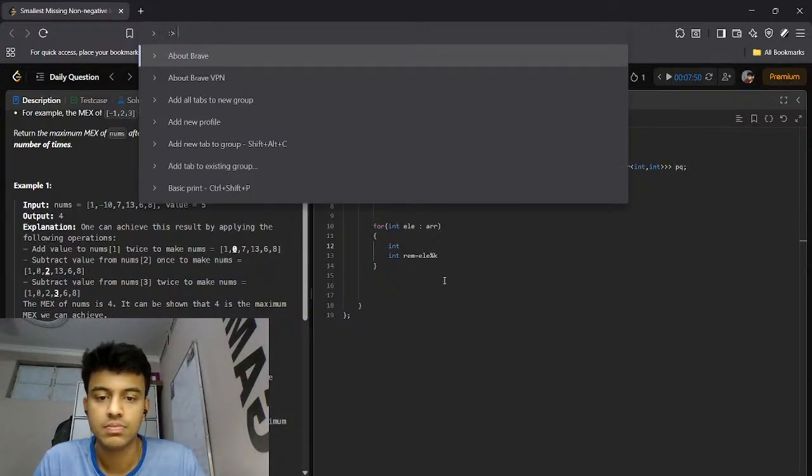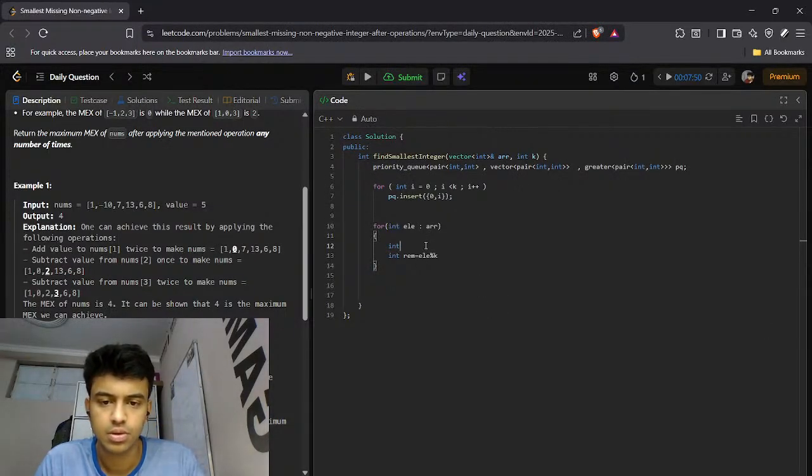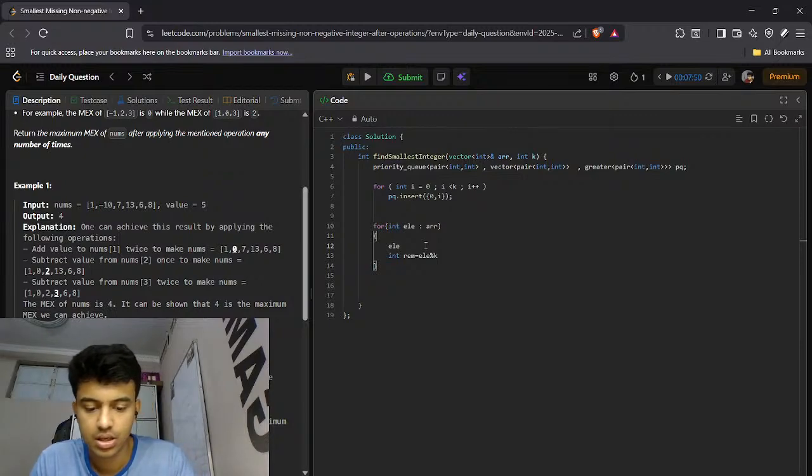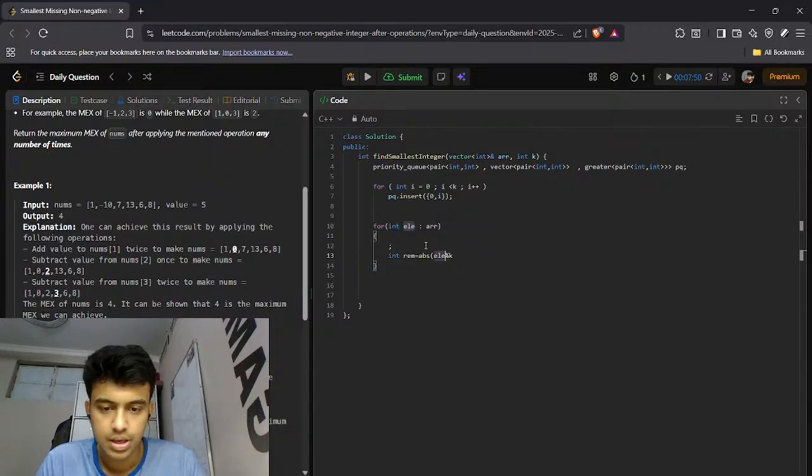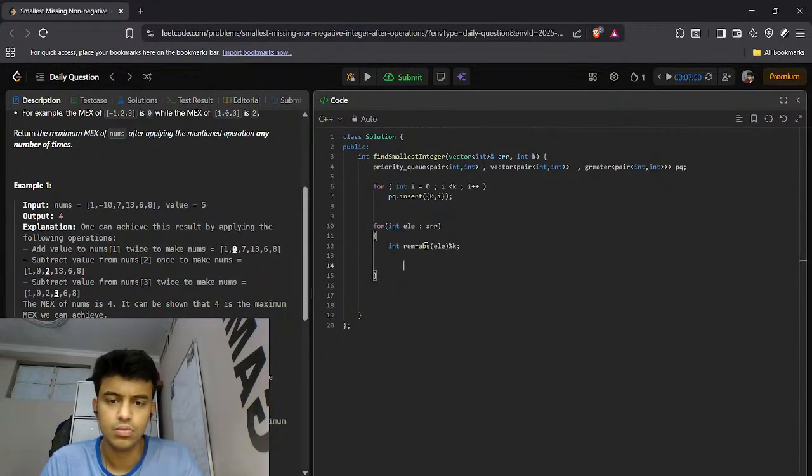Int le are equal to 1. Absolute of le percentage k. All right, and then what you do is simply